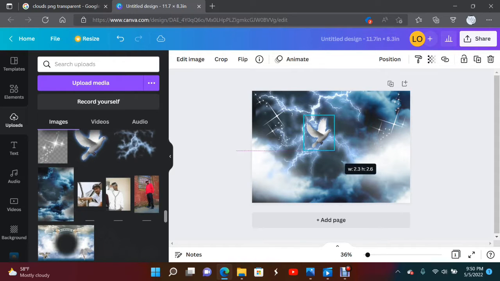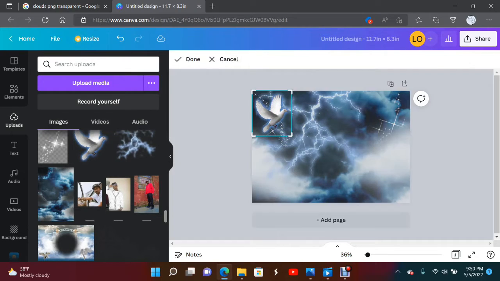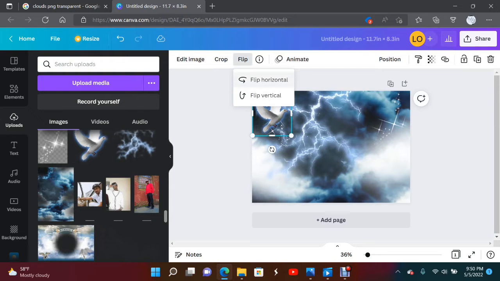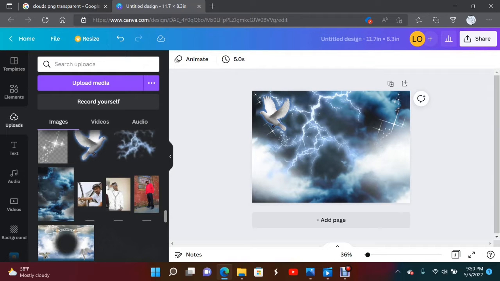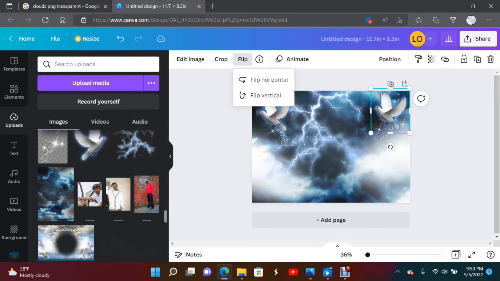And then we get the doves. You can also search that on Google. Like I said, all my PNGs that I have on here are from Google searches. There, flip it around. Canva is so easy. I find it